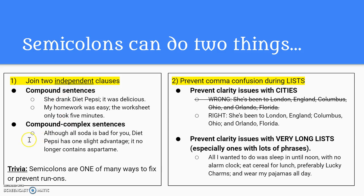The first and most important one is that they can join two independent clauses. This rule most impacts compound sentences and compound complex sentences. Those are the two sentence types where semicolons can appear. For example, "She drank Diet Pepsi" is a complete sentence. It's an independent clause. Therefore, I'm allowed to put a semicolon here and put a second independent clause, like